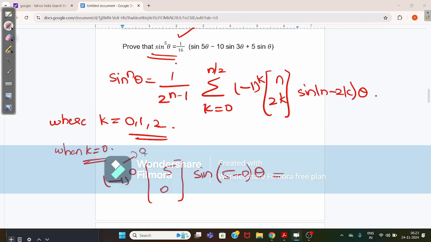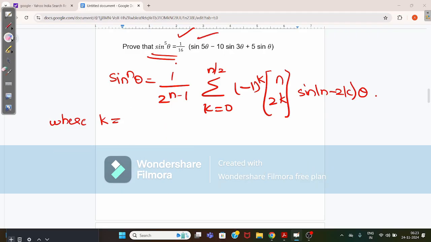This value becomes 0, this value becomes 0, and this value is sine 5 theta, which we got. Then when k is equal to 1, minus 1 whole power 1 into 5